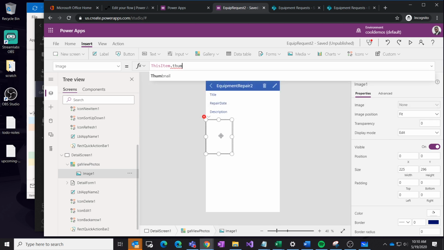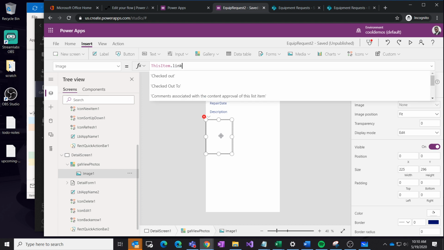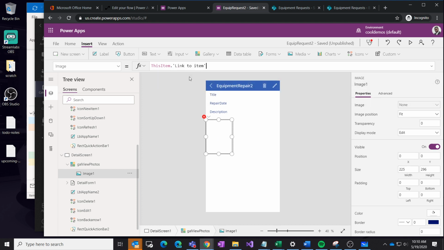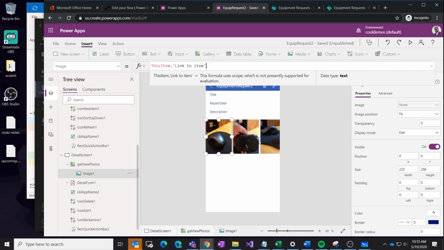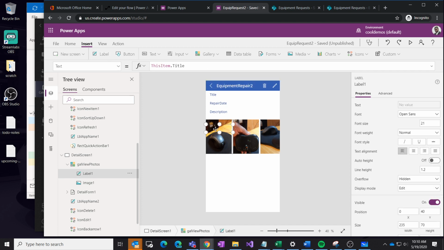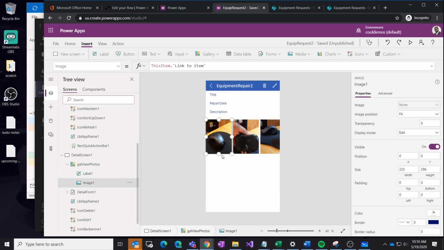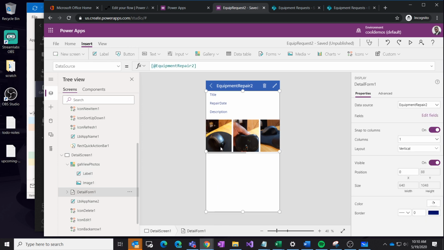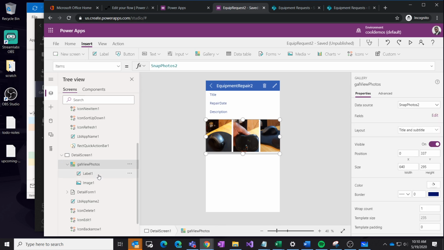Instead, what you want to do, let's just try it. Okay, you don't believe me, fine. So let's do link to item. Not only are these photos heavy, this is not a, let me show you something. If I bring in this label, and I want to take the time to go through this because